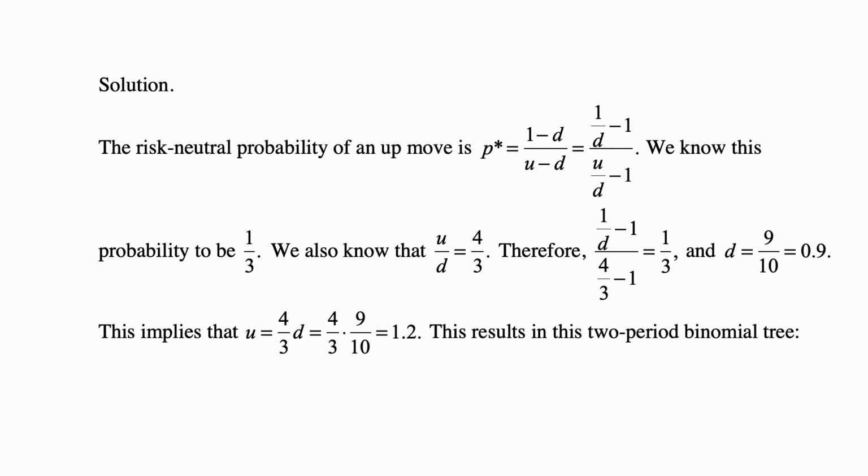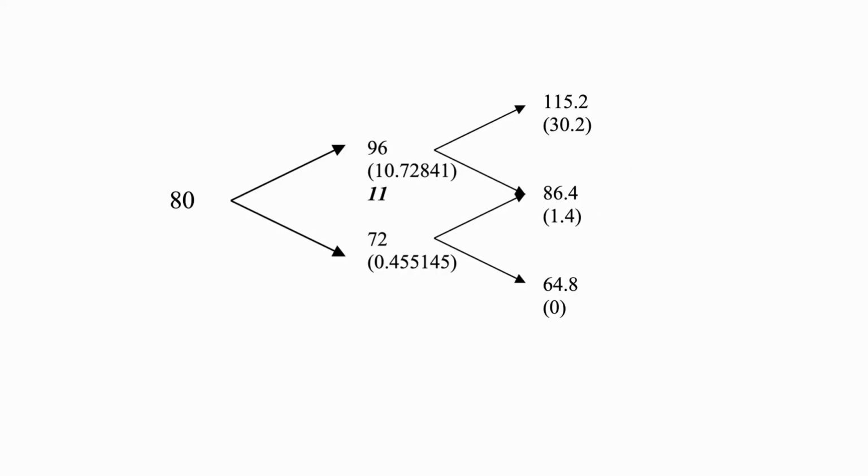And then we have the two-period binomial tree that looks like this, that shows us the prices starting from 80 in an up move to 96, down move to 72, up move to 115.2, down move to 86.4, or down up leading to the same result, and then down to 64.8. And then what you see in parentheses is the payoff of the option at the end of the contract, but